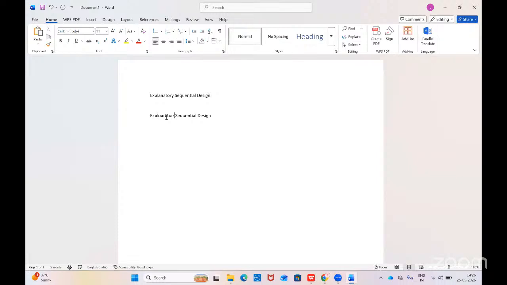Exploratory sequential design. So what is the difference between these two? The first one is explanatory. The name itself indicates it. In the first one, you're going to use quantitative. You complete the quantitative study. Once you complete your quantitative study, based on the findings of the study, you're going to choose around, for example,